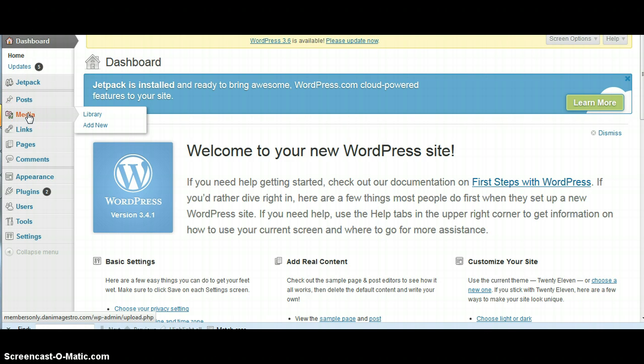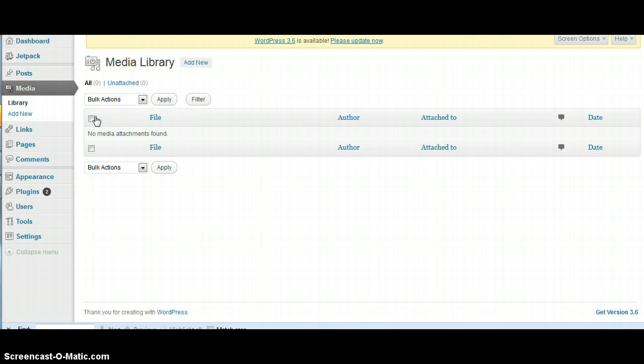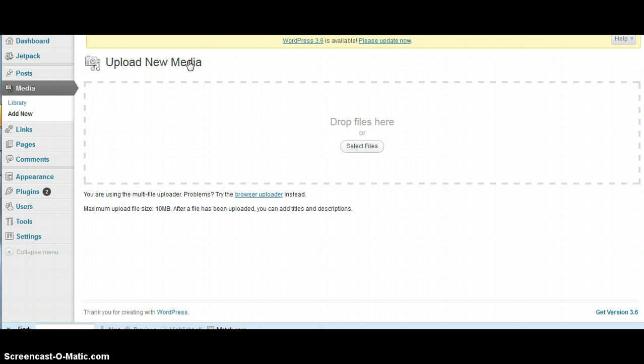Below that is media, so you can house files in here, and in the library you have the option, depending on your settings and which host you're with, and your version of WordPress, but you have the ability to add files and keep them there in your library. Let's say you're uploading an MP3 or a video, which is probably not going to happen, you'll probably do it on YouTube, but if you're uploading a photo, let's say a photo of one of your products, something like that,